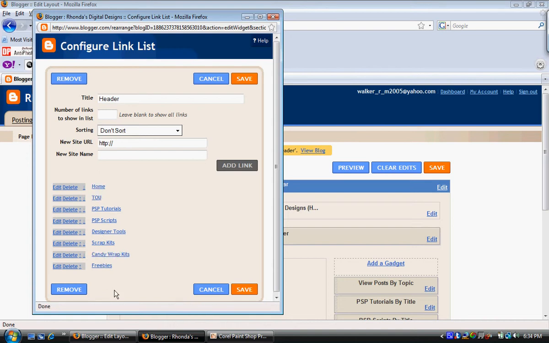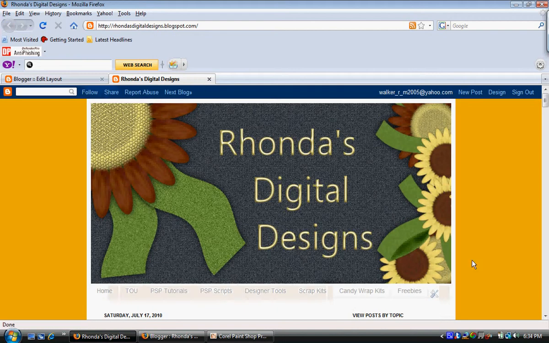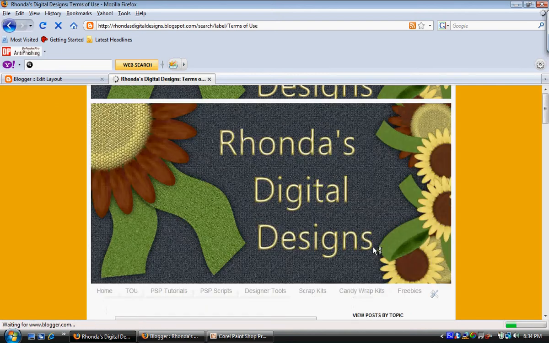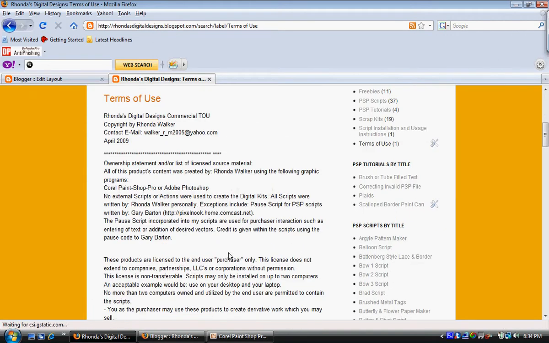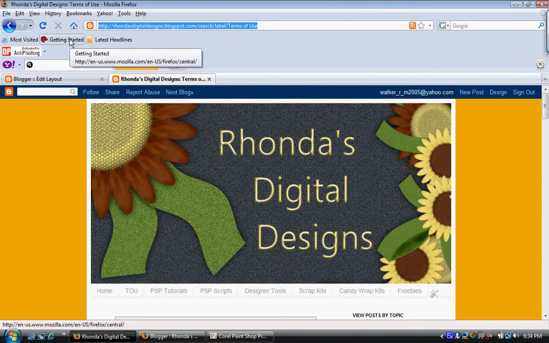Now how do I know the URLs for that? If I go back to my blog and I go to the right over here, I have view posts by topic, and let's say I wanted to know the link for terms of use. When I click on that, it takes me to the terms of use, and at the top I would just highlight all of that, press Control C if you're using